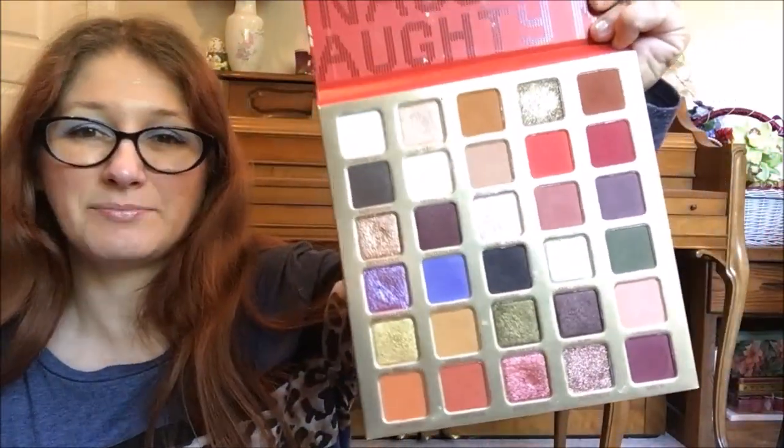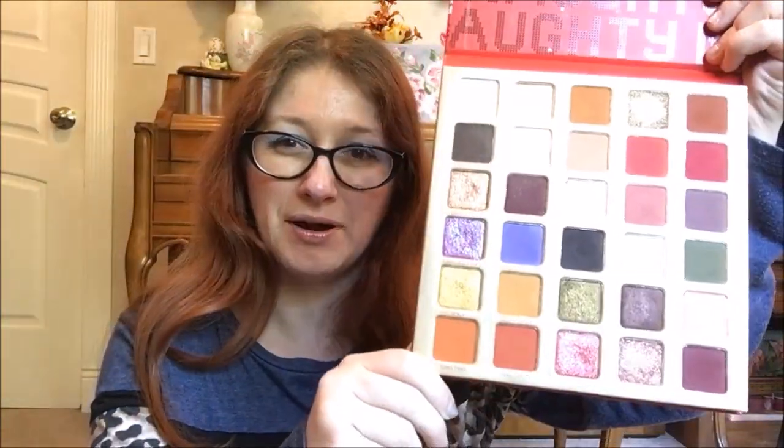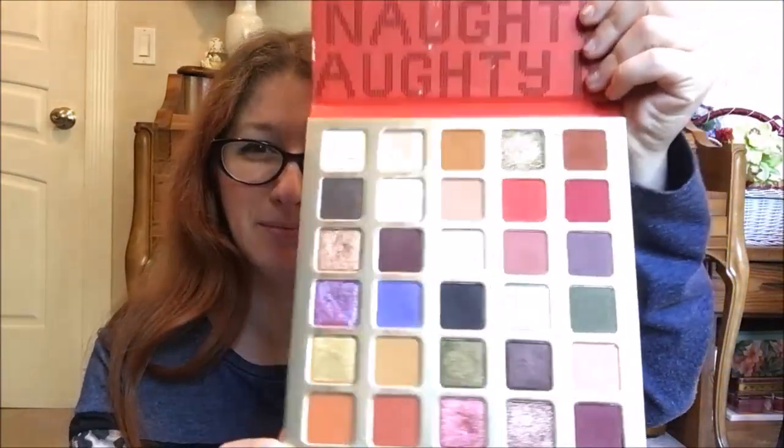Then we have the BH Cosmetics Naughty Eyeshadow Palette. It's like a big ol' one, and there's a lot of shades in it. At a quick glance, it probably doesn't look like they've all been used, but they have all been used at least once, I assure you. Most of them many more times than once. You can see some pretty sizable dips in some of them, but